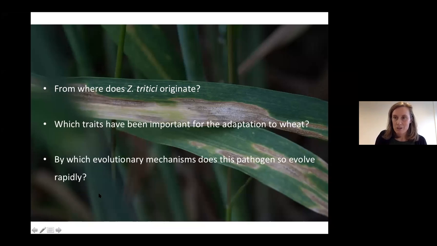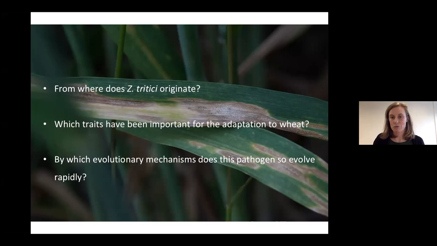And one issue that is in particular here in Europe, where we have a very intensive cultivation of wheat, and we apply a lot of fungicides to control fungal diseases, including Septoria tritici, a big problem for us is the evolution of fungicide resistance and a very rapid spread of resistance mutations. So a big concern is how in the coming years we're going to be able to control Septoria tritici with fungicides, with chemicals. So understanding mechanisms of rapid evolution in this pathogen is very important in terms of